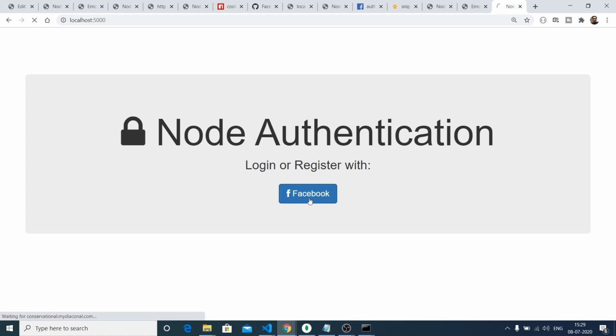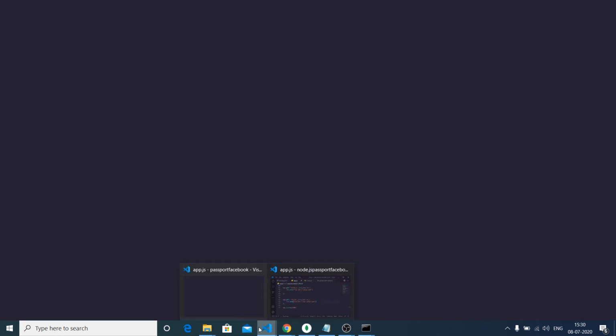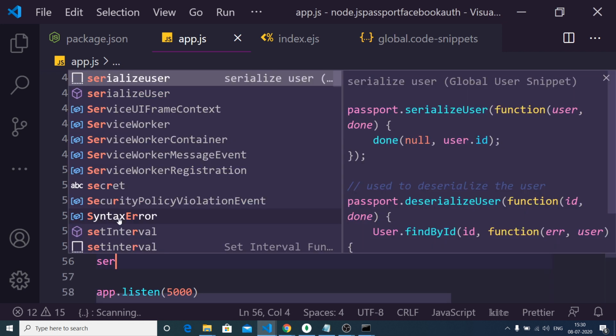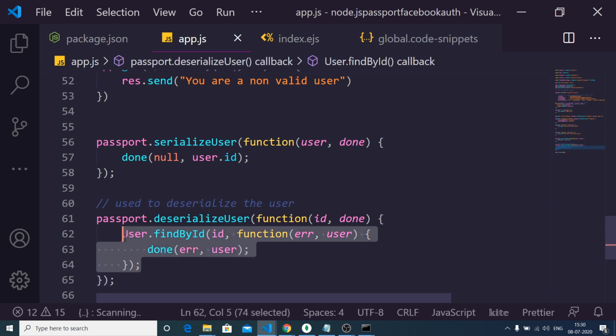if I click this login button, it is saying to us that failed to serialize user into session. So this passport library also has something called a serialize function. So I will write these functions here. So these are two functions, copy paste it, passport.serializeUser. So here we are not using our database till now.